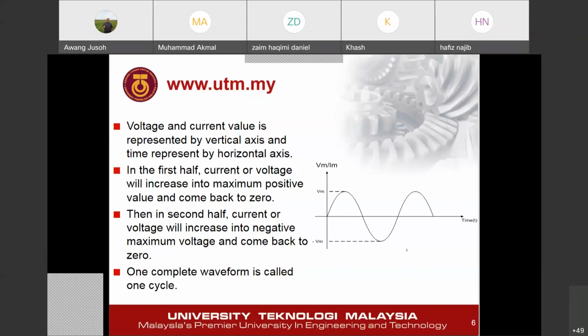Right? So if our equipment requires an AC supply, then you must supply it with an AC signal. That is a requirement in an electrical system. For example, a TV, television, or refrigerator, or aircon. All this equipment requires AC. That means you need to supply AC for them to work properly.